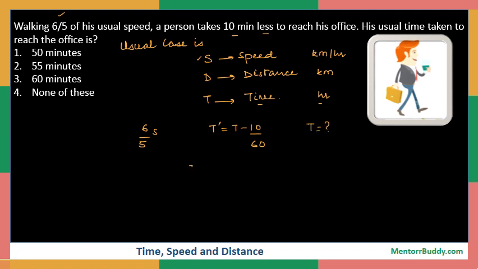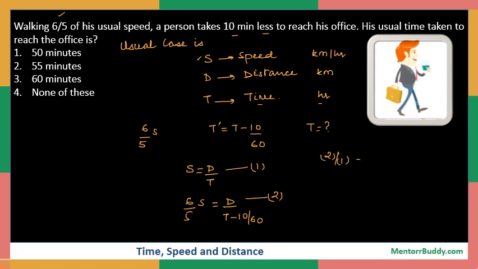So if I put the equations, the usual case: speed is equal to distance upon time, and the second time, when the speed becomes 6 by 5 s, distance obviously remains the same between his house and his office, and time becomes t minus 10 by 60. So these are the two equations. Though we have two equations and three variables, because they are in multiplicative format, we can easily solve it. So if I divide equation 2